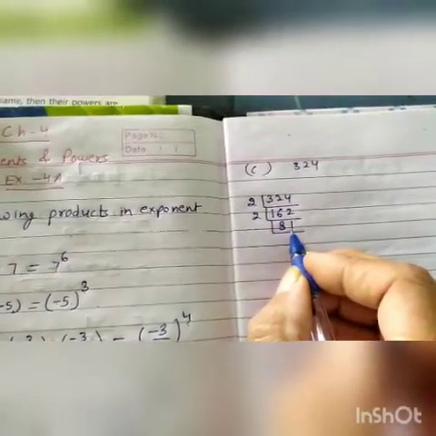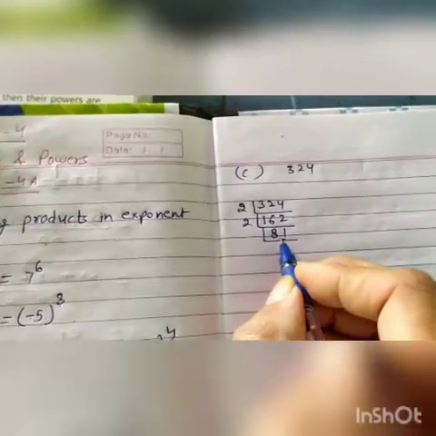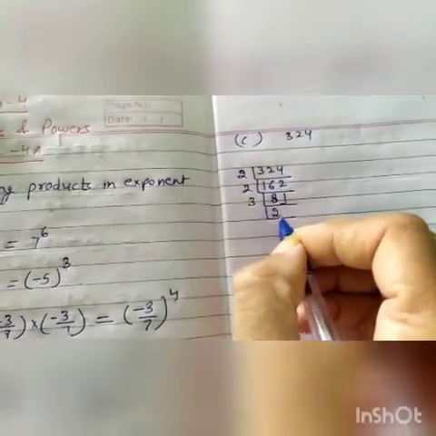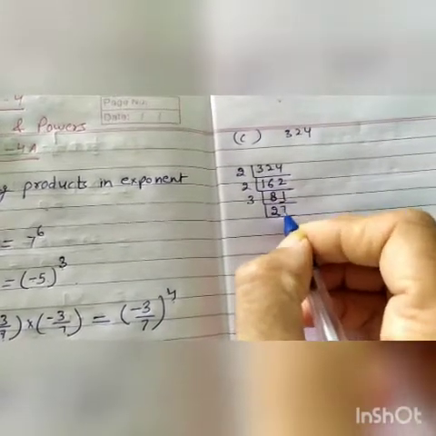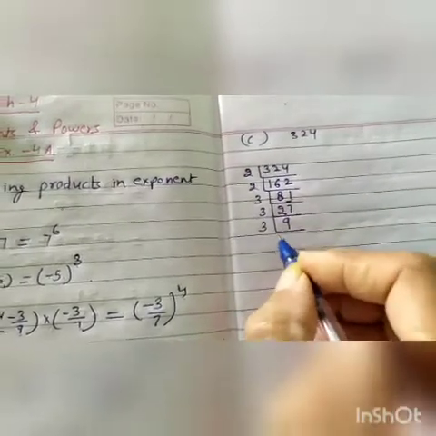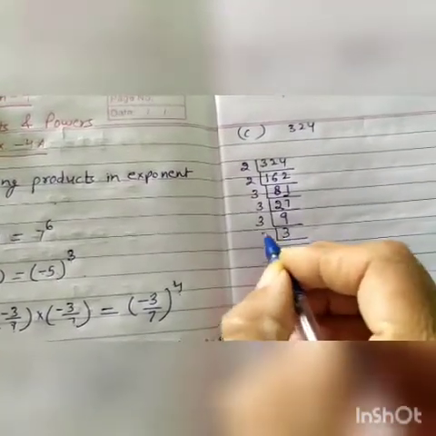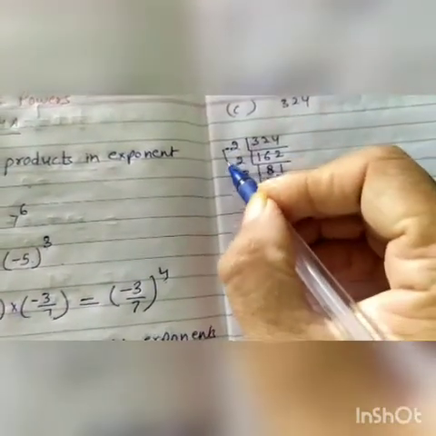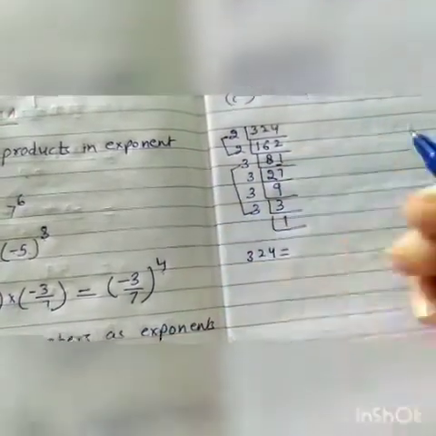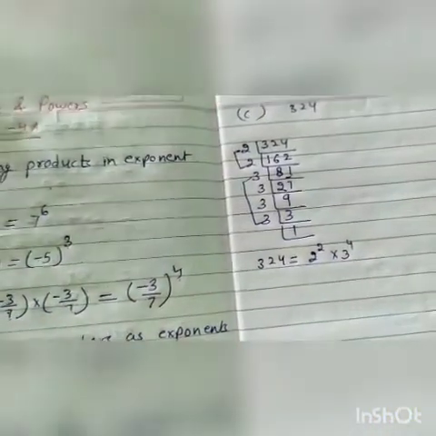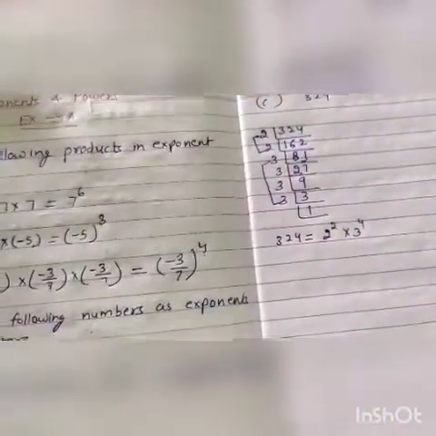Now 81 is not an even number, it is an odd number and it is divisible by 3. 3 2 ja 6, 2 remainder 21, 3 7 ja 21, then by 3, 3 9 ja 27, then by 3 again, 3 3 ja 9, again by 3, 3 1 ja 3. For 324 we are getting 2 times 2 and 4 times 3. So we can write 2 power 2 into 3 power 4. Next D.